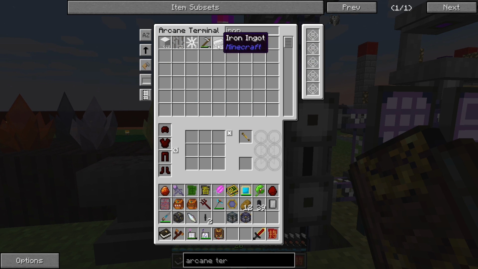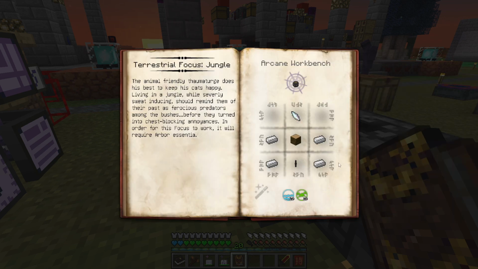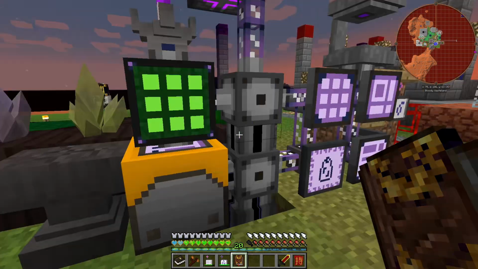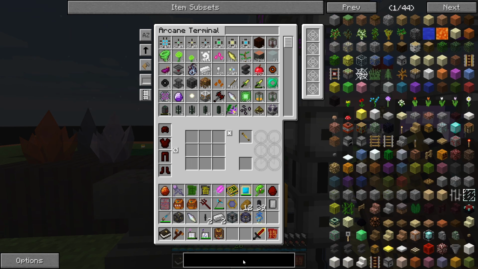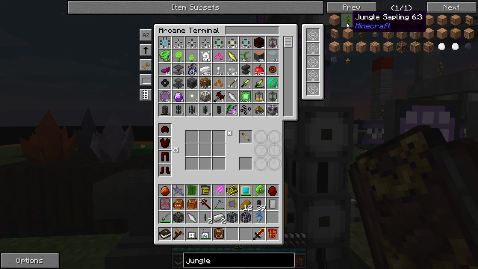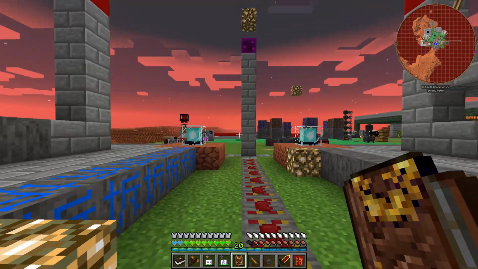Iron and a silverwood sapling. Silverwood sapling. Okay, at least I still have one. That being said, I'm also going to need to make the jungle focus, which is, okay, that's in an arcane workbench. Great. So let me grab this, switch back my armor, and let's go down there and start that process, which